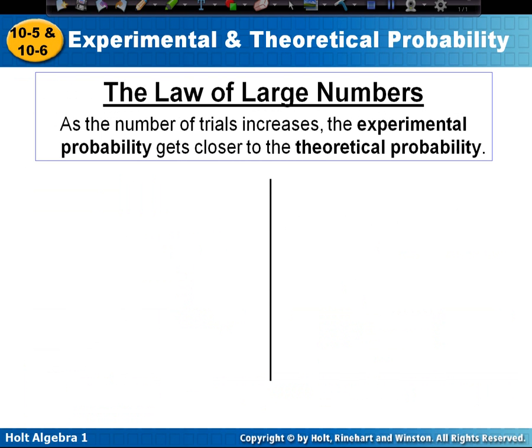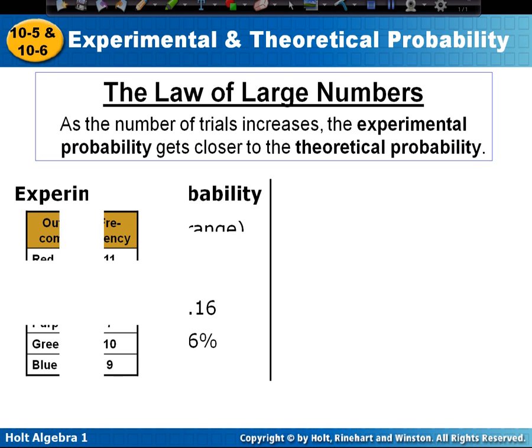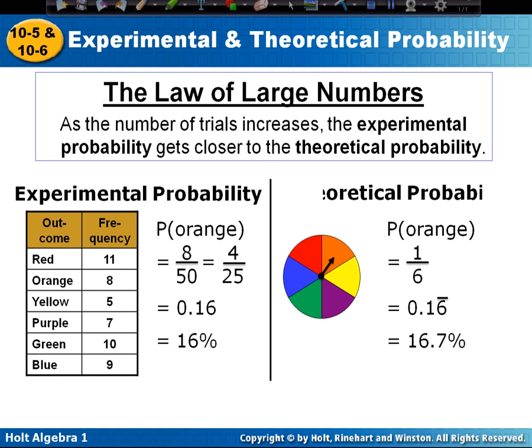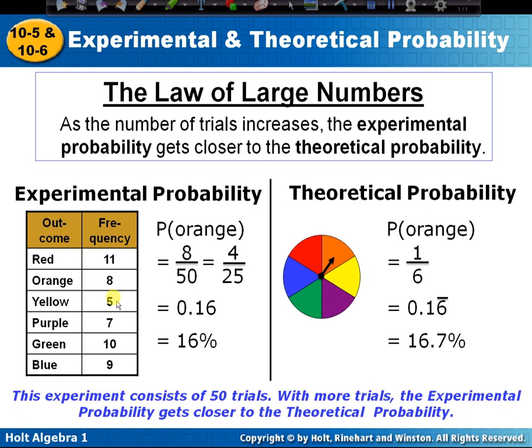The law of large numbers says as the number of trials increases, the experimental probability gets closer to the theoretical probability. What this means is look at what we just did. We have our experimental probability here and our theoretical probability here. The more times we experiment with our spinner, the more likely it is that we will end up getting closer to the theoretical probability. So right here, our theoretical probability was